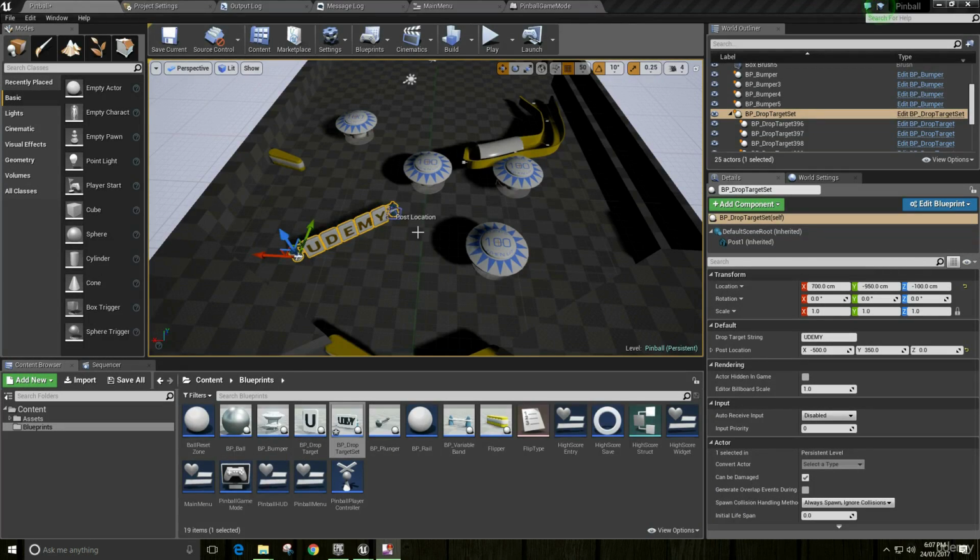So this time around, what we're going to be doing is using event dispatchers as a way of communicating between blueprints. In this case, we're going to use the drop targets that are aligned along the drop target set to communicate back to the set whenever they've dropped. When they have all dropped, we're now going to pass that information onto the game mode and increase the current game's multiplier. So to do this, I'm going to go into my drop target